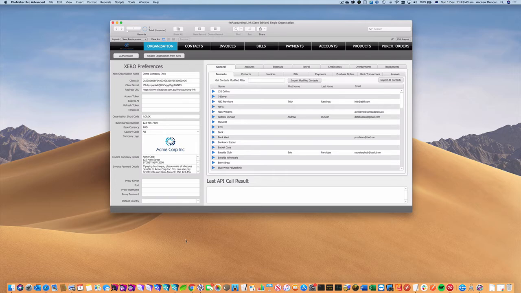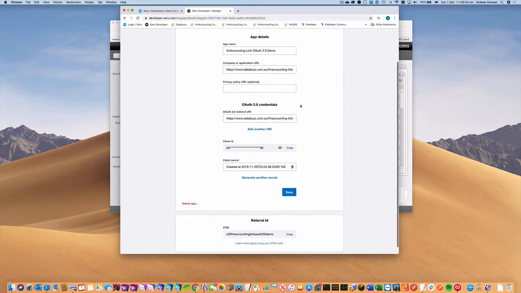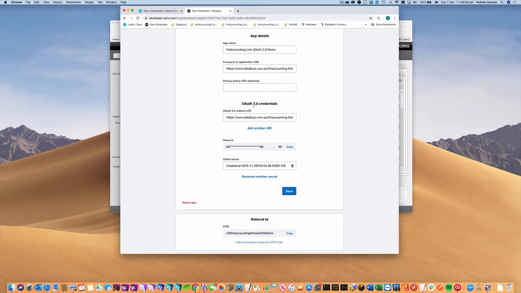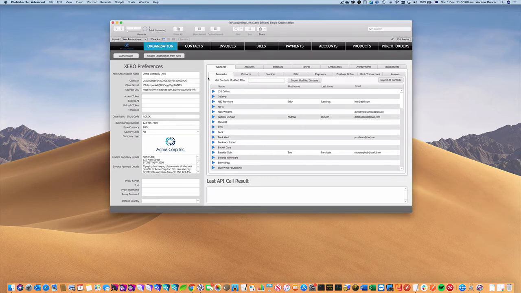So let's jump over to the Xero developer website, and here's an app, and you'll see that it's neither a private app or a public app. All apps are the same now, and we've got our OAuth 2.0 credentials. So you need to generate a client ID, a client secret, and supply a redirect URI. So let's just minimize that. I've gone and generated those, copy and pasted those across into the organization setup screen, and now I'm ready